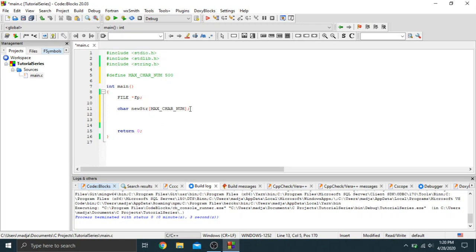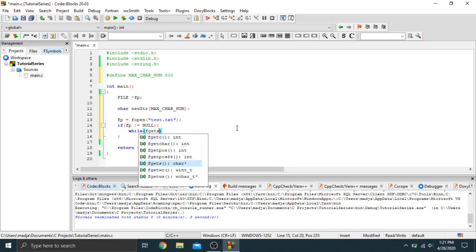And now I just simply want to pass in the file name. So what I'm going to say is fp is equal to fopen, and then the actual file name, test.txt, because it's in the current directory, so we don't have to do anything else there. And then basically, if fp is not equal to null, meaning there's actual data and the file's found, then we want to say while